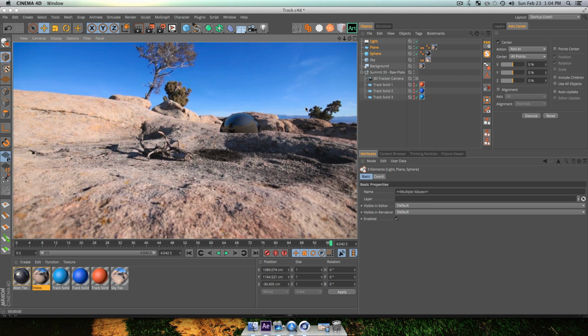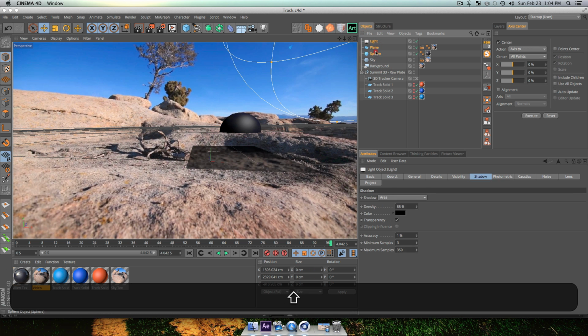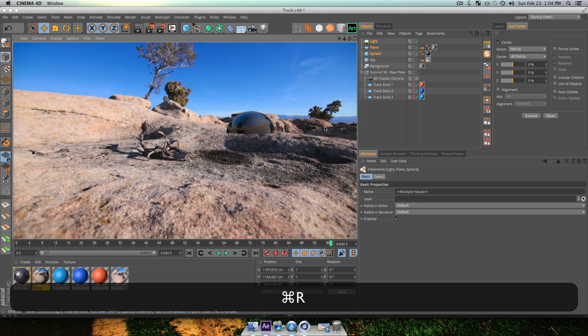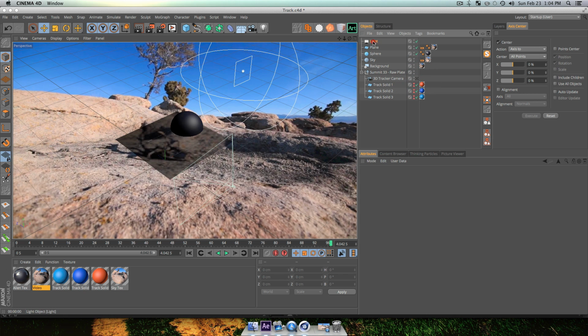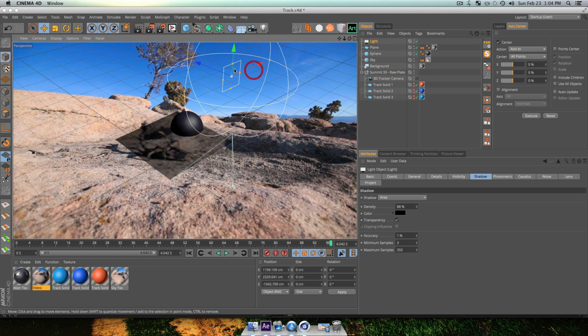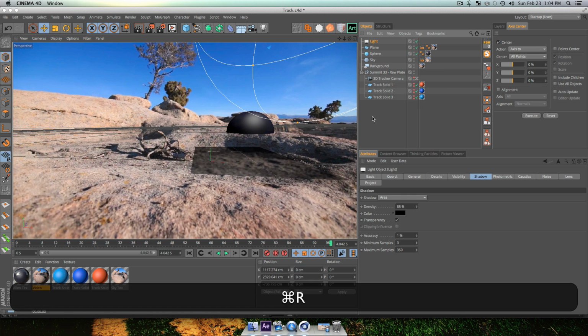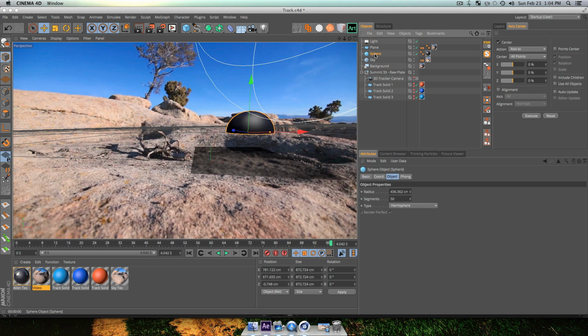And let's see how that is going. So that looks a little bit better. It's not perfect, but we'll fix it in just a second. So let me move this one more time. Something like right there. And that is almost perfect. I'm going to click out of my camera tracker and move my light just a little bit different. It wasn't quite catching where I wanted it to. So this is going to be what looks good to you, of course, but this is what I'll be doing for this example. So now I'll do Command R, and that looks pretty good to me. It's pretty lined up with the scene, and we'll be changing some more options down the road.